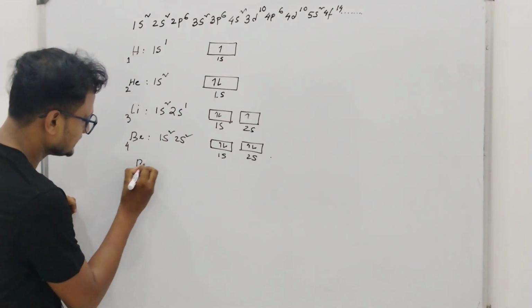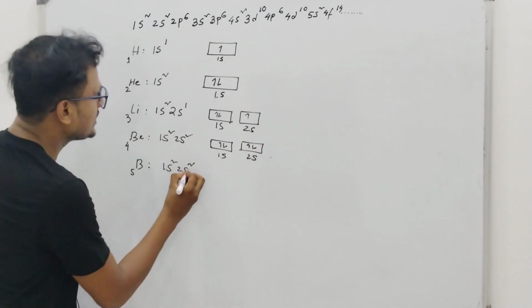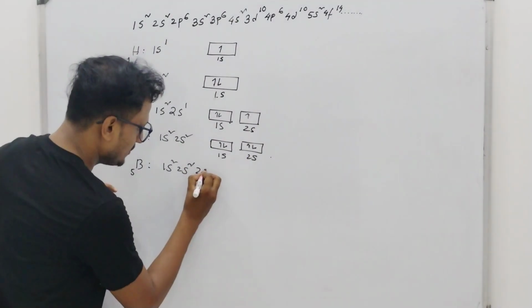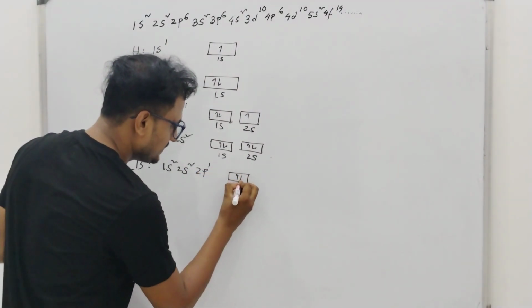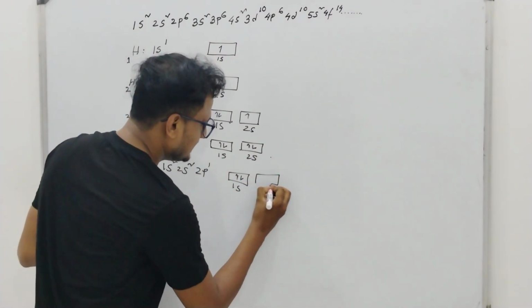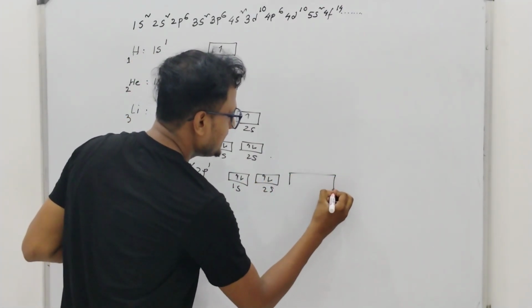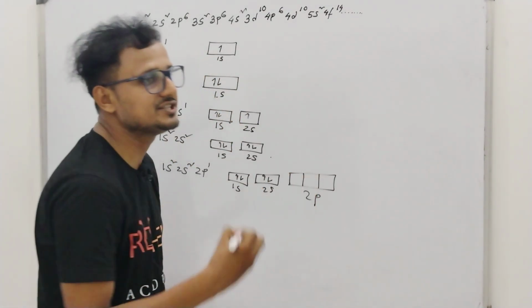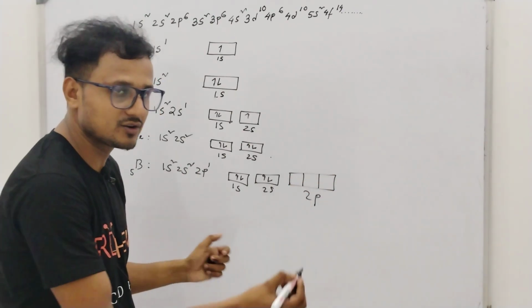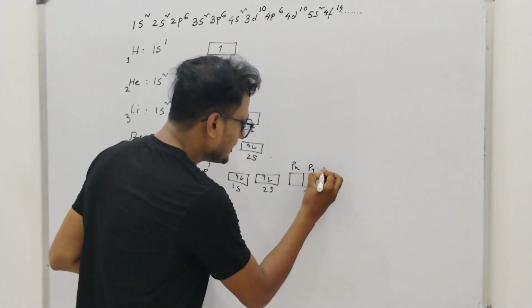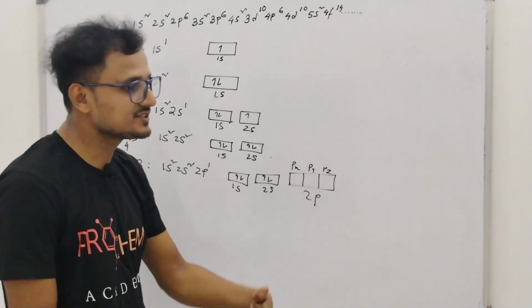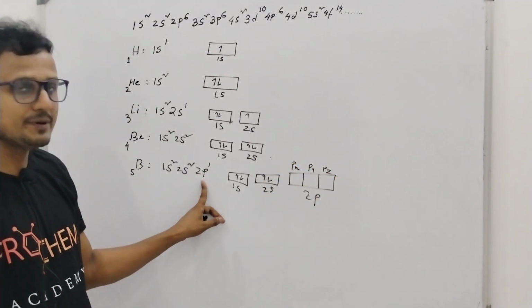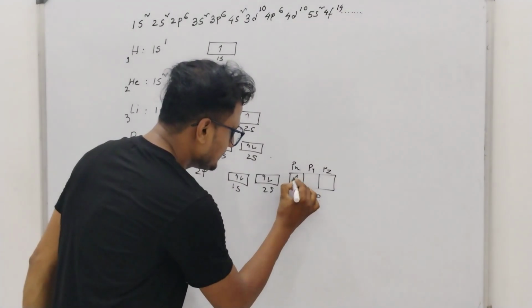Okay, next is the boron. 1s2 2s2. As the 2s orbital is filled up, then the electron will go to the 2p orbital, 2p1. Now here in the 1s orbital there will be 2 electrons. This is 1s, then this is the 2s orbital. Now 2p has 3 suborbitals, or any type of p orbital has 3 suborbitals. These 3 suborbitals are called px, py and pz. Now as these suborbitals are empty, the electrons will be singly filled up. Like you can see here, in the 2p orbital only one electron is there.